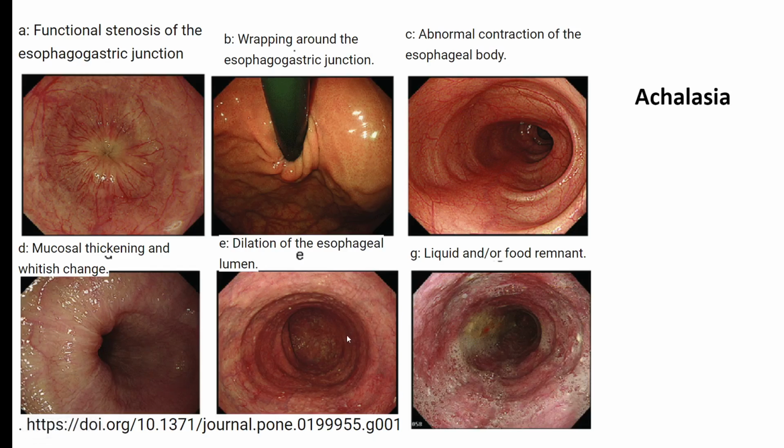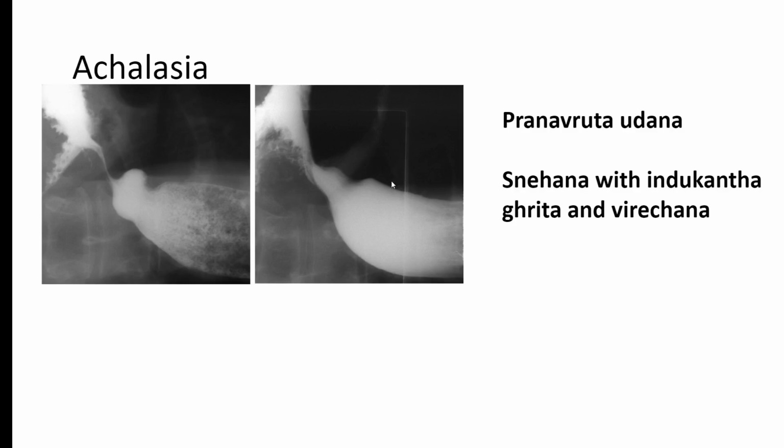a tendency to widen. A very gross widening of the esophagus is the next grade, when you find residual liquid or food element in the esophagus, which has not propelled in. If it is remaining, then it's grade G. Now, the D to G grades would be quite difficult to manage medically, and they require surgical intervention. Medical management is possible only in the first 2 degrees of achalasia,